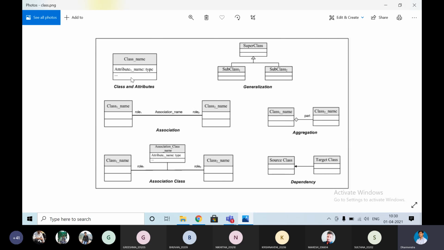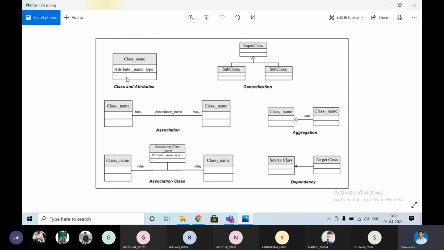And next, the third field is the operations. What are the operations the student can perform? They will learn, they will study the subjects, they will write the exams.